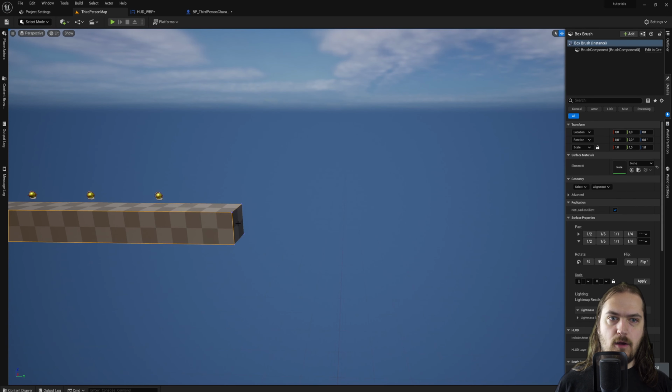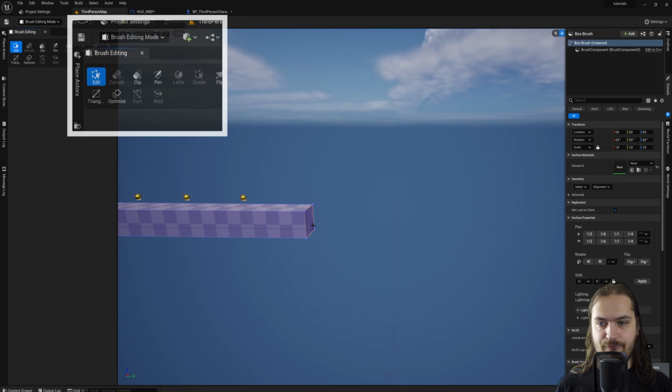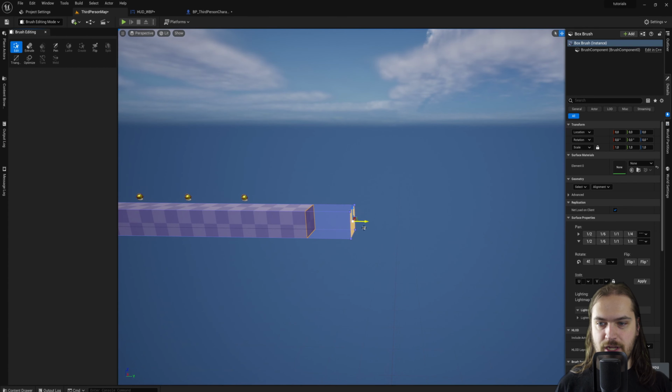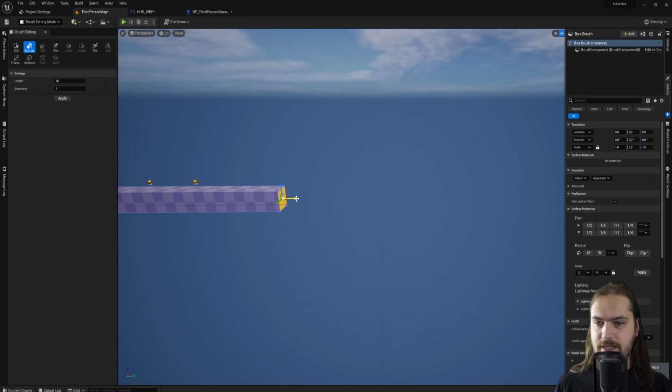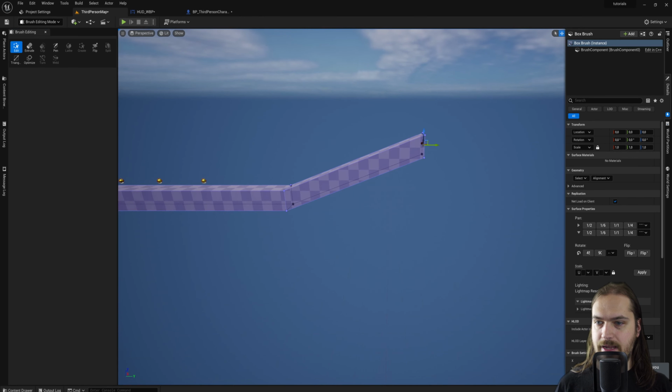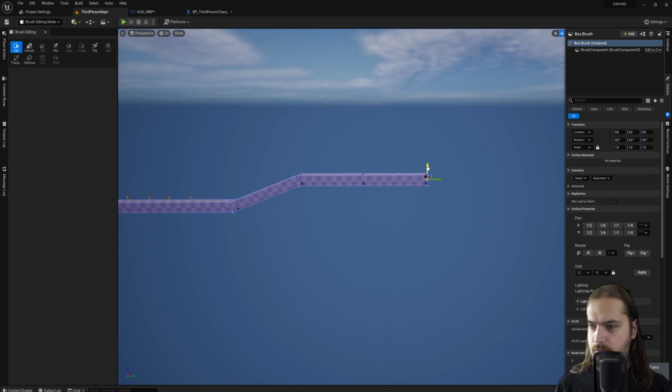We've already talked about being able to go into brush editing mode here and use that to change up your levels a little bit. So we can say extrude here. And then when we extrude this, we can make a new face. And then going back into edit mode, we can make a little bit of a ramp here, going back into extrude mode. And we can just keep going like this as long as we want to,